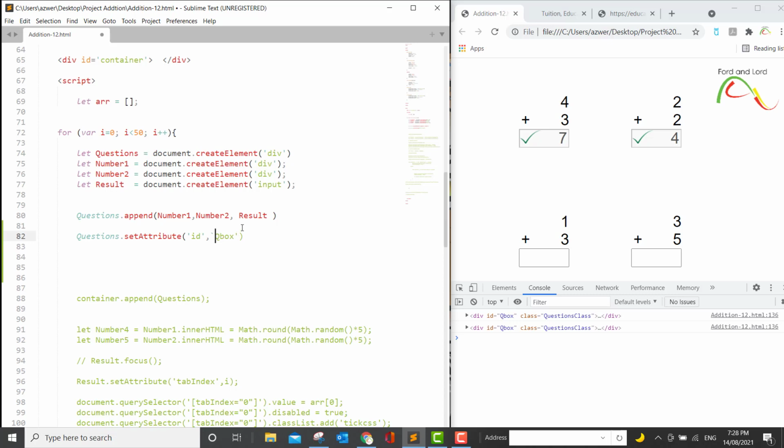So I'll also remove this, and I will use a tick symbol one more time, and before that I will say dollar and opening curly bracket and a closing curly bracket, and I will use this variable called i. By doing this, every question box, which is the parent element of the input fields, will have a unique ID. So if I save it and refresh it,